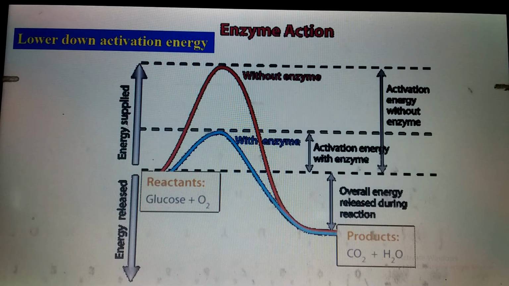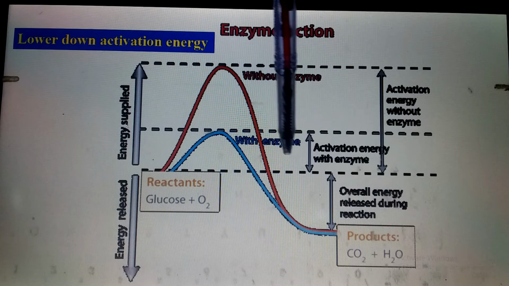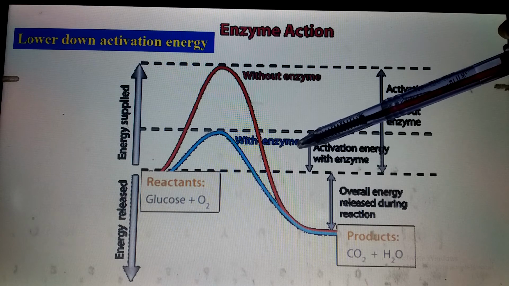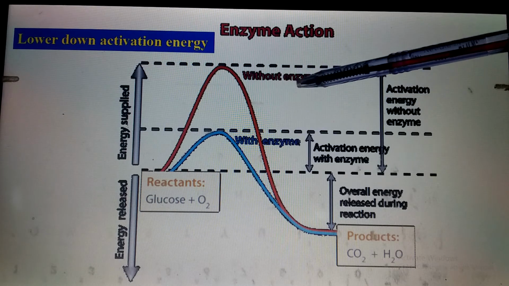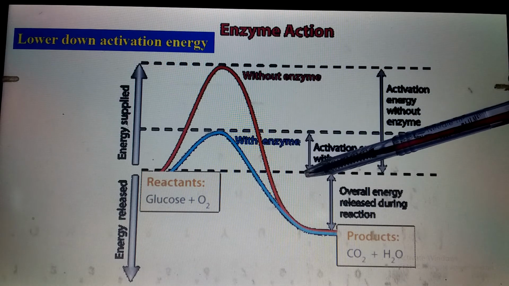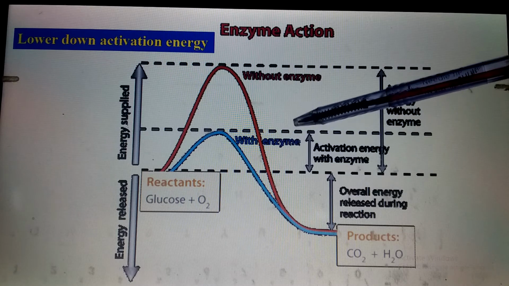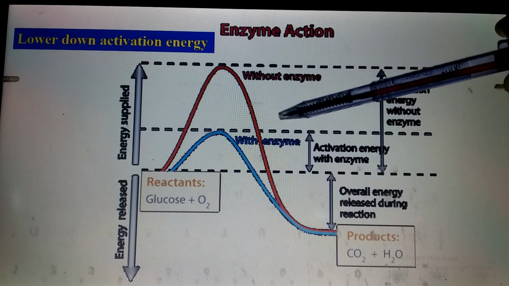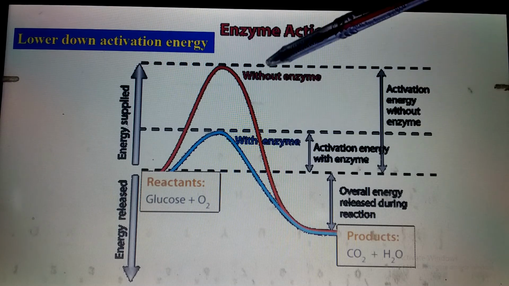So the enzyme's most important function is to lower down the activation energy. And what is activation energy? The energy which is required to convert the reactants into products. Is it clear? And what is the transition stage? When the reactants or the substrate bind to the product by the covalent catalysis, then at that stage the energy of the reaction is known as the activation energy. That stage is the transition or intermediate stage, and the energy is the transition energy. That energy is the activation energy, and that energy is lowered down by the enzyme.